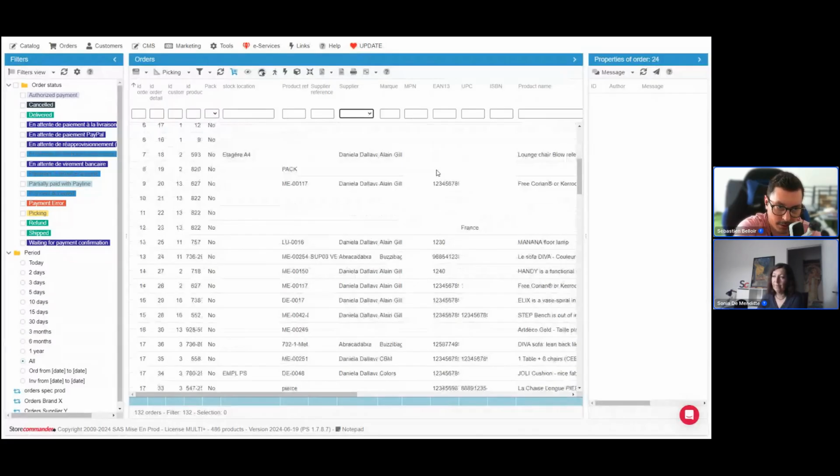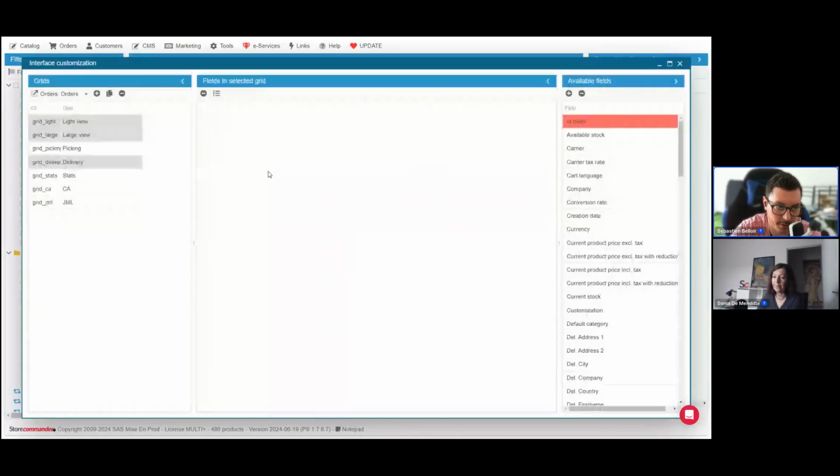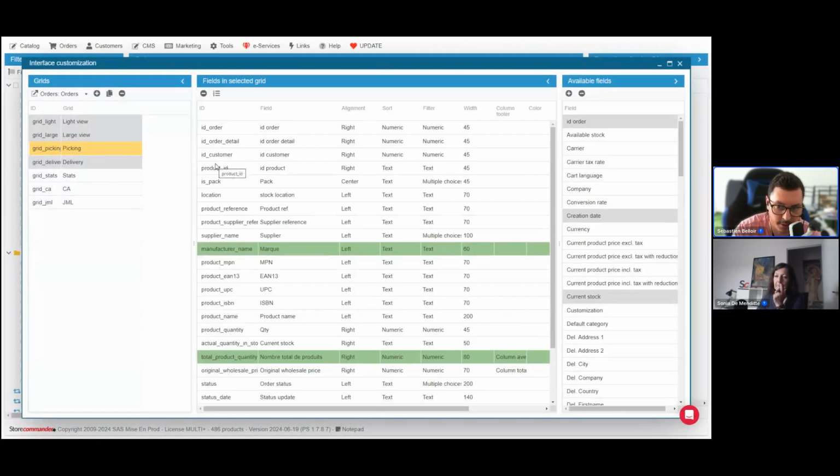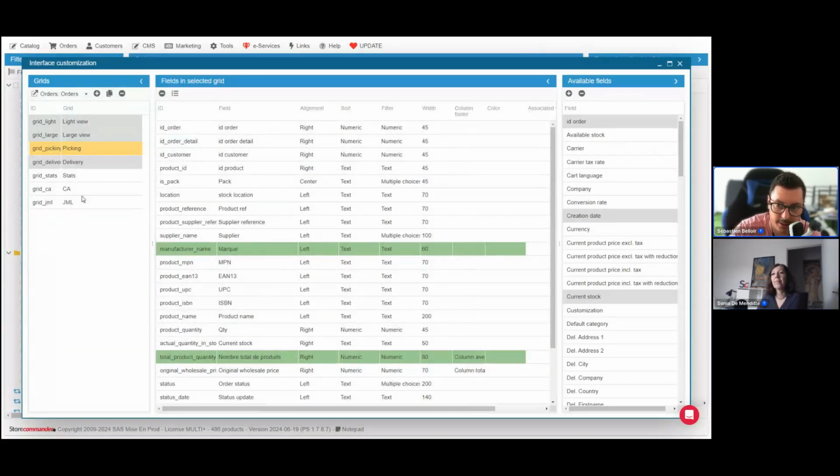If you go into the picking view, you click on it, you've got a customize option. It opens up the interface customization window, and through that window, you can simply delete or add the fields you want to see in your views. You can also create your own views. And that's the beauty of Store Commander. Everything is